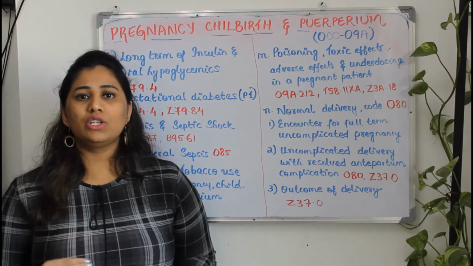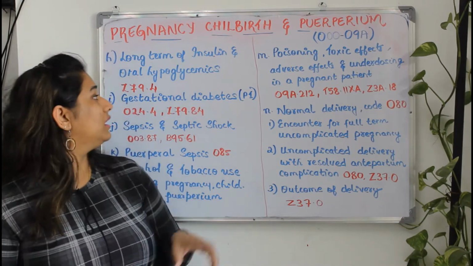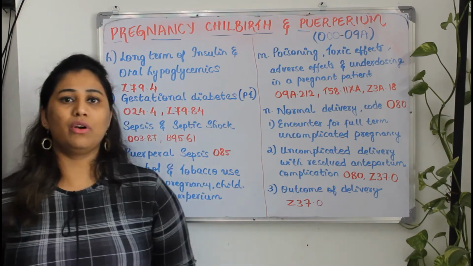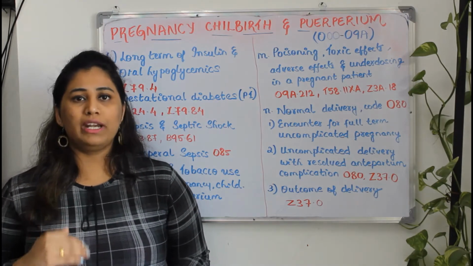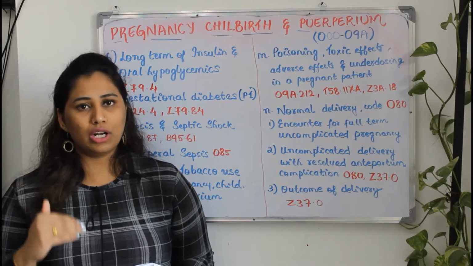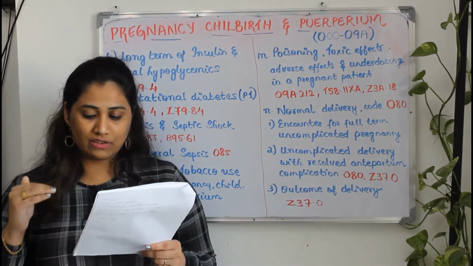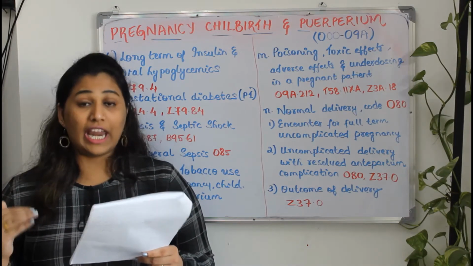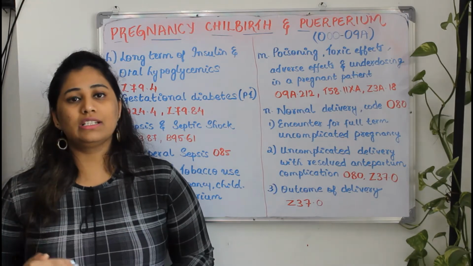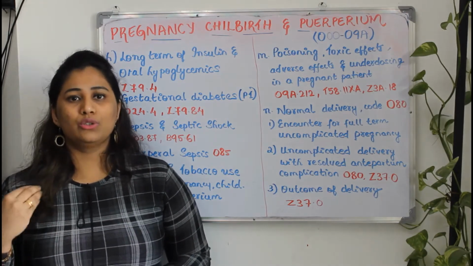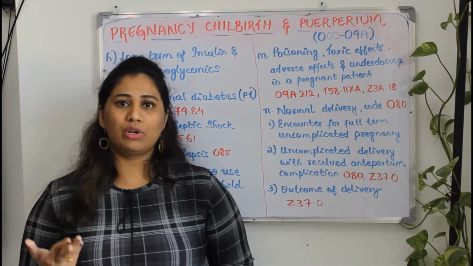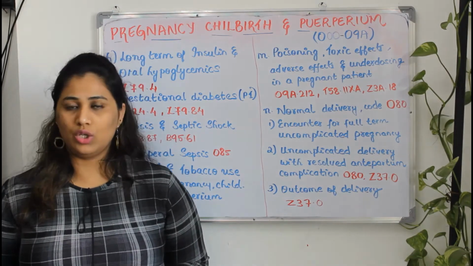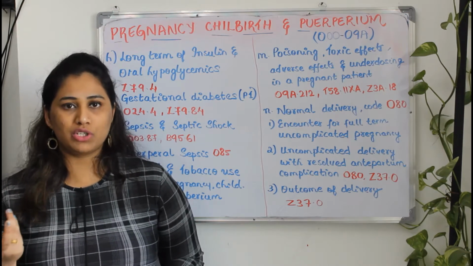In these cases, we need to indicate by giving a code. That code is nothing but Z79.4. Okay. For that, we need to clearly understand what medication the patient is taking. If it is an oral hypoglycemic, it falls under Z79.84, and for insulin it is Z79.4. Okay, so you should read and analyze what they have mentioned, whether it is an oral hypoglycemic or an insulin. Okay, it is not like only pre-existing patients will be using.